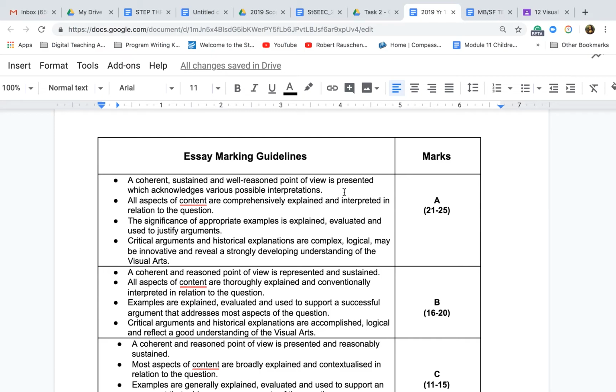Even if it comes from your own experiences and how you look at a particular subject matter and how it transcends into your world, use that. You are very much a critic, just like everyone else is. And at the end of the day, your success in having your opinion comes from your ability to support your ideas. So then that comes back here to: all aspects of the content are comprehensively explained and interpreted in relation to the question. So your research, I cannot express the importance of having facts and statistics and references to historical events,